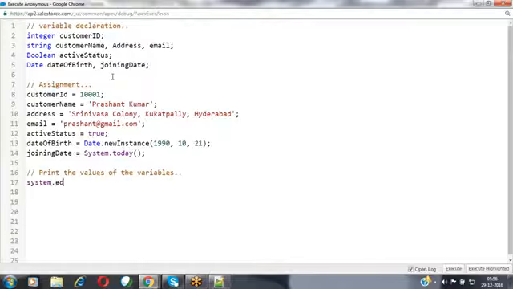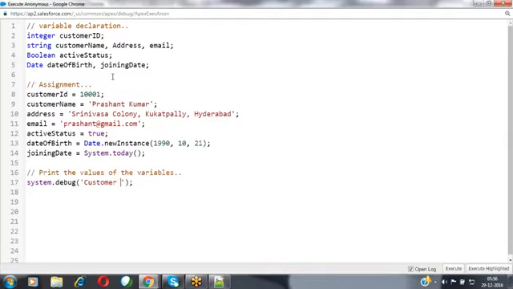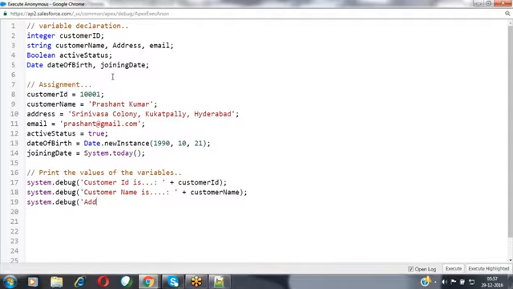In order to print those values, I'm using the System.debug statement. System.debug, customer ID is, customer ID value. System.debug, customer name is, customer name. And the address is, address.